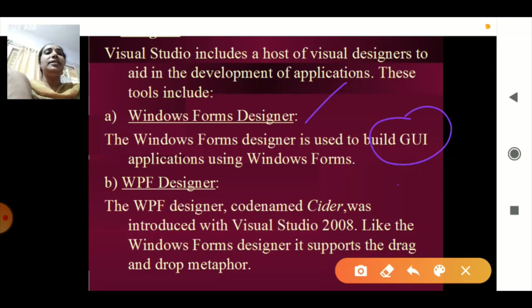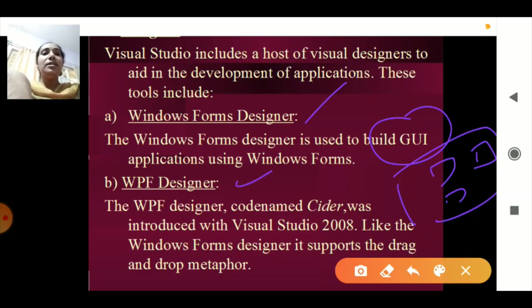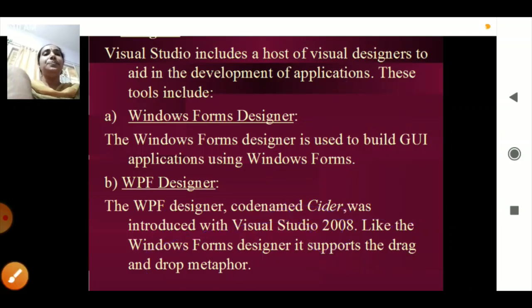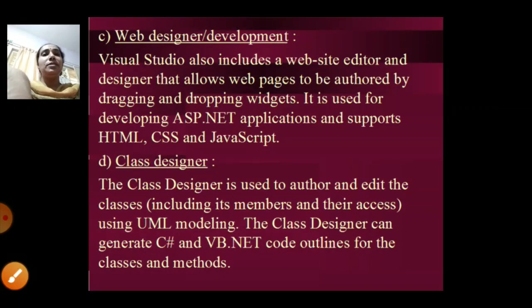Generally, it is a form on which you design various aspects and present the blocks in it. That is your Windows form. With the Windows WPF designer, you have the support of a drag and drop facility. Whatever text box or combo box you need can all be dragged and dropped through this WPF designer. It was developed in 2008. So this is the concept of the Windows Designer.